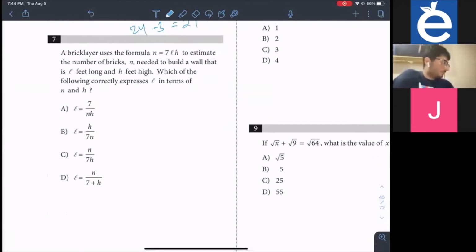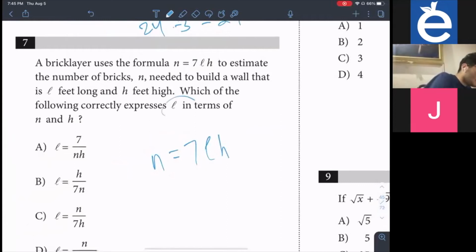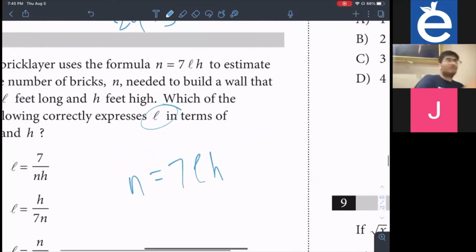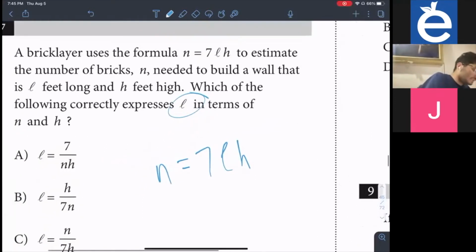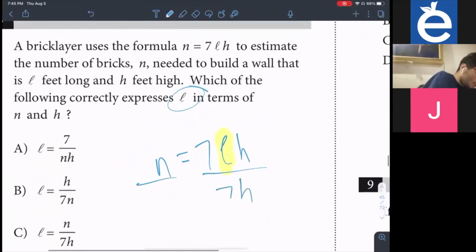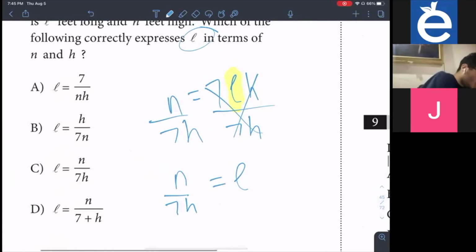Question 7. A bricklayer used the formula n is equal to 7LH to estimate the number of bricks n needed to build a wall that is L feet long and H feet high. Which of the following correctly expresses L in terms of n and H? So they give us the formula n equals 7LH, and they told us to manipulate it to get L in terms of n and H. So the first thing to do is to see where L is. L is right here. So we would just divide by 7H on both sides. You get L is equal to n over 7H, which is choice